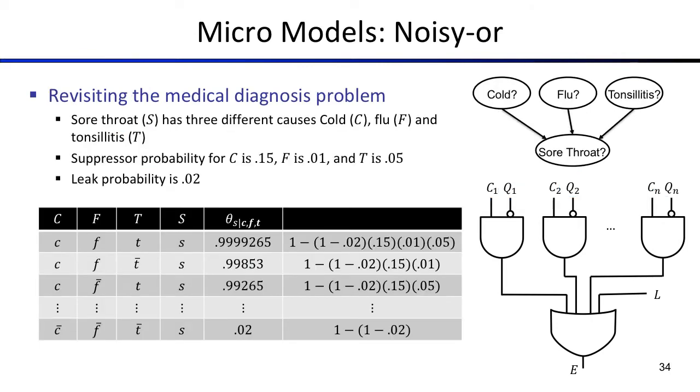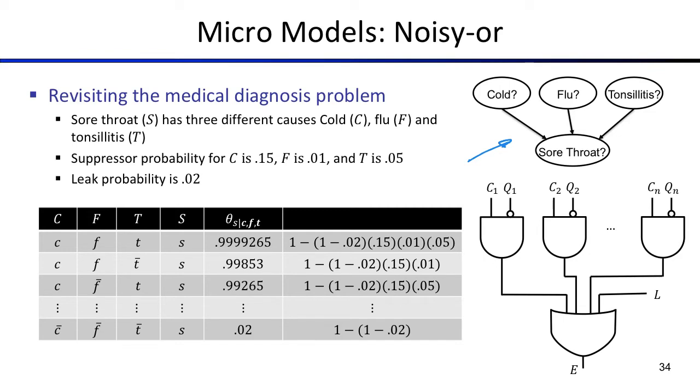Okay, and just to make things a little bit more concrete, let's look at one example. So if we look back, we have this example of a medical diagnosis problem where we had several symptoms and diseases. And for instance, this is part of our Bayesian network. We have sore throat as being a symptom for 3 different diseases like cold, flu, and tonsillitis. And let's suppose that, okay, this is not a very big one. We should expect a lot more parents in order to use a noisy OR, but let's suppose that we want to use the noisy OR for this